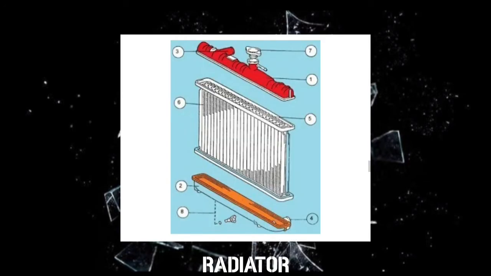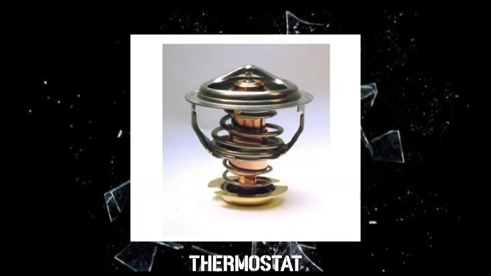12. Radiator. The function of the radiator in the cooling system is a component to cool water that has absorbed heat from the engine by removing the heat from the water through its cooling fins. 13. Thermostat. The function of the thermostat valve is to maintain the temperature stability of the cooling water and to accelerate the engine to reach the working temperature.